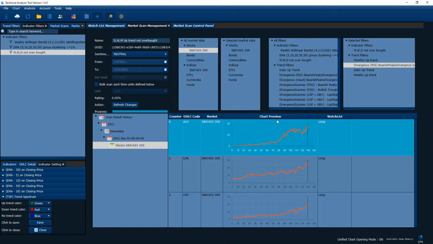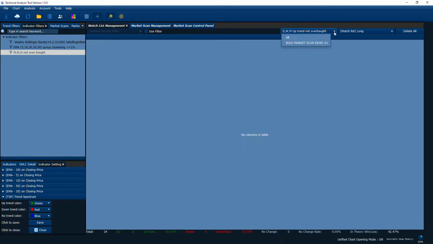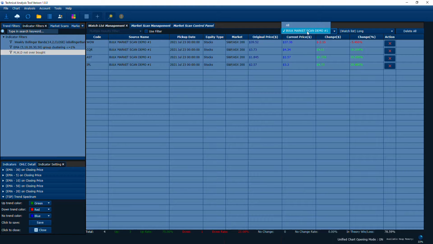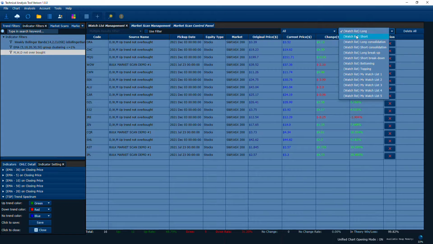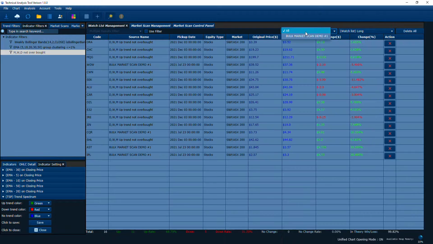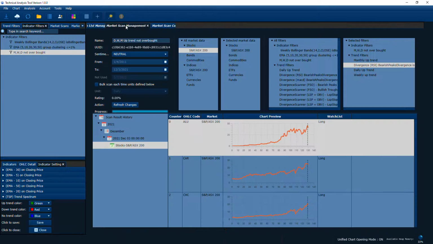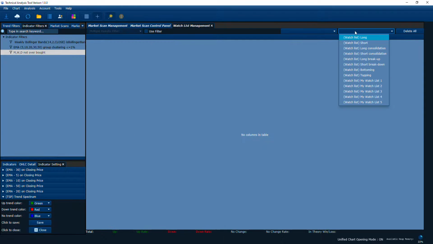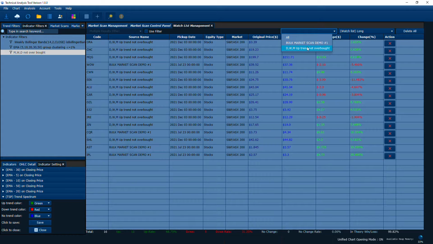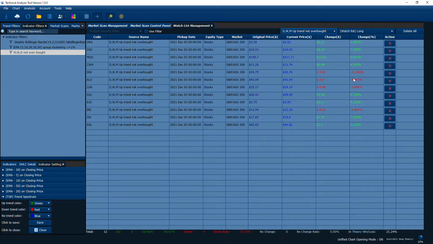Add all to long watch list, and go into our watch list. Let's close that. Open again. Long. Okay, so DWM uptrend not overbought. Yes, as you can see, we have 12 candidates here because we scanned up to 3rd of